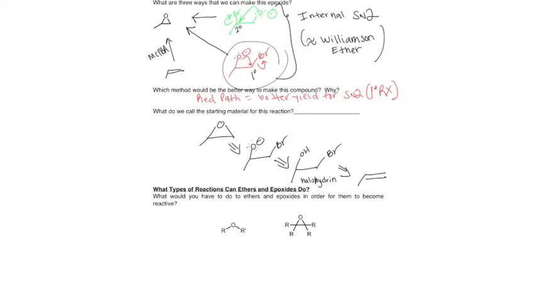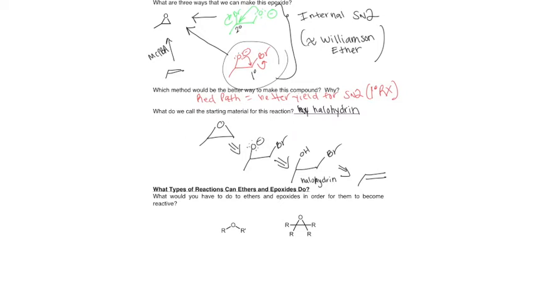So far in this lecture, we have named ethers and talked about their physical properties a little bit. We've also reminded ourselves of how we've made them. We've actually not really done a new reaction yet. We're going to start trying to think about how we can react them. To do that, we want to look at their structure and see what we would need to do to make them more reactive, in other words, ready to react, so we can convert them to another functional group. I forgot to fill this in. Halohydrin. There we go.